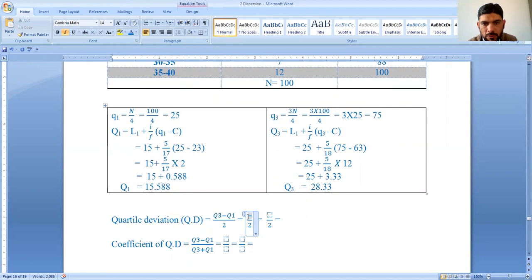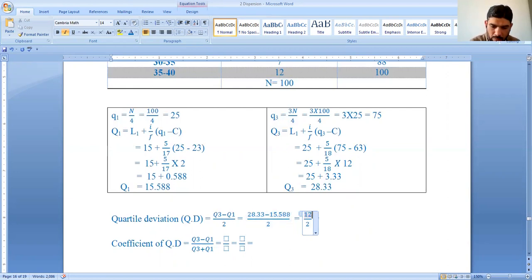Q3 is 28.33 minus 15.588, divided by 2. 28.33 minus 15.588, that is 12.742. 12.742 divided by 2 is equal to